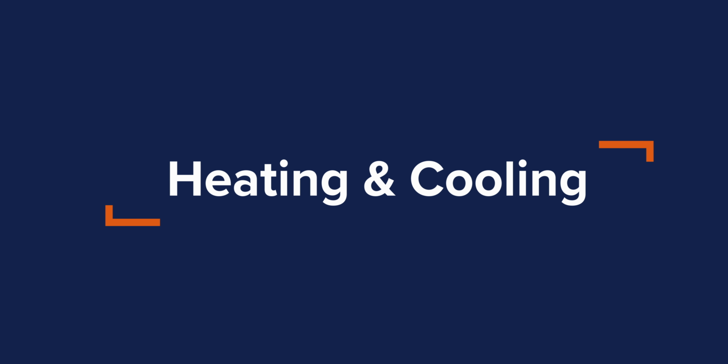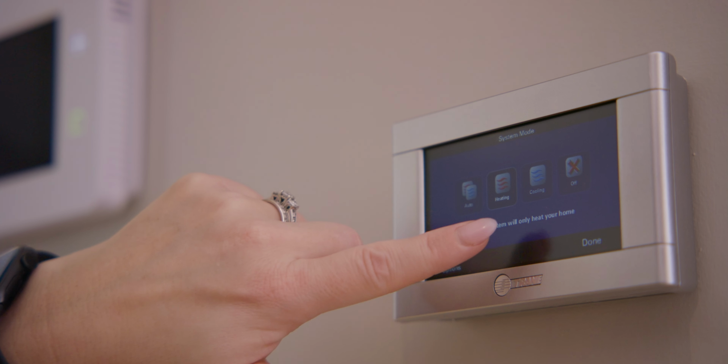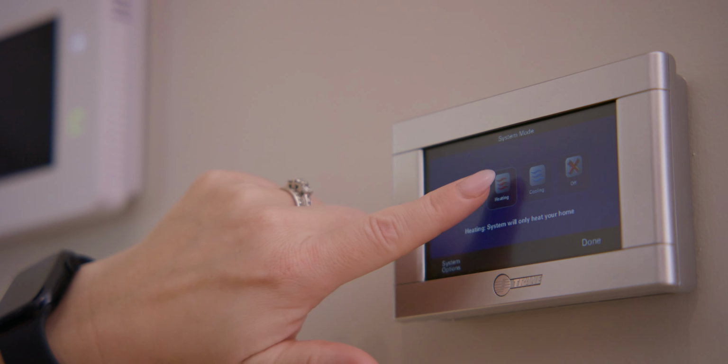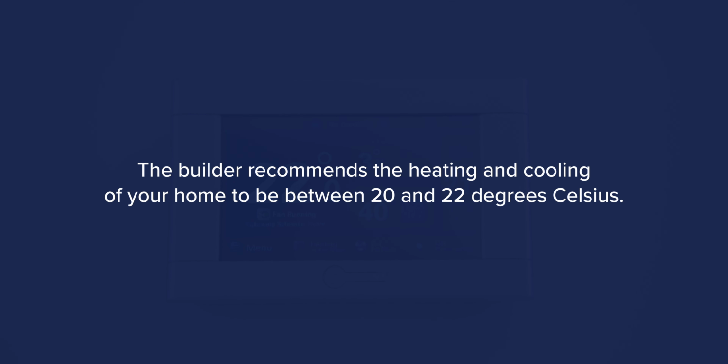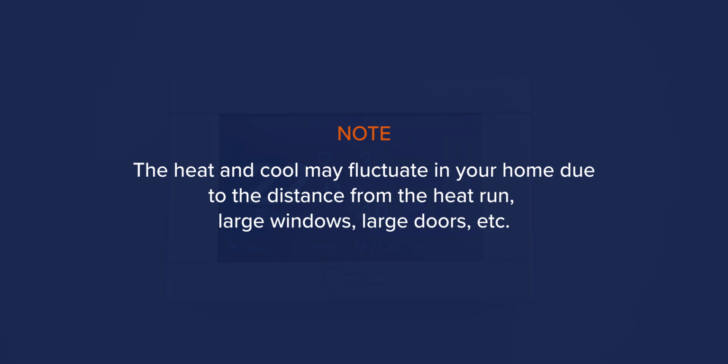When setting your desired temperature settings, you have three options: heat, cool, auto. When setting the heating and cooling for your home, it is recommended that you use the exact functions. For example, when you want it heated to 22 degrees, you want to use the heat function. When you want cooler temperatures, you use the cool button. The builder recommends the heating and cooling of your home to be between 20 and 22 degrees Celsius. Please note, the heat and cool may fluctuate in your home due to the distance from the heat run, large windows, large doors, etc. Auto is not recommended to use in Canada due to the fluctuations in the weather that